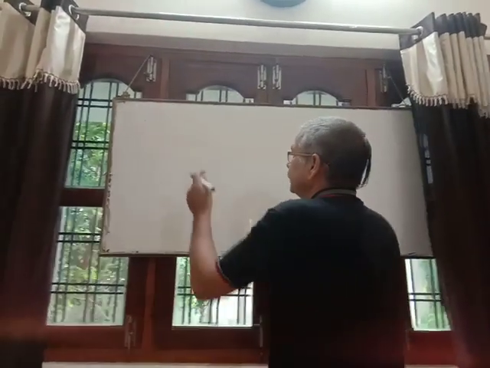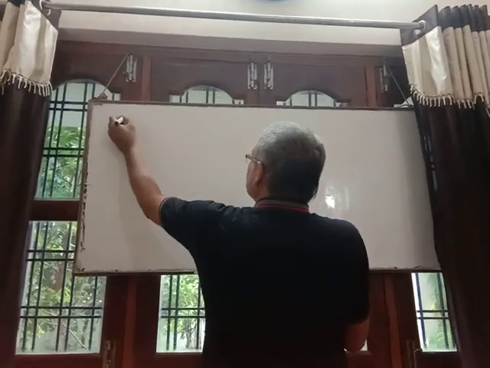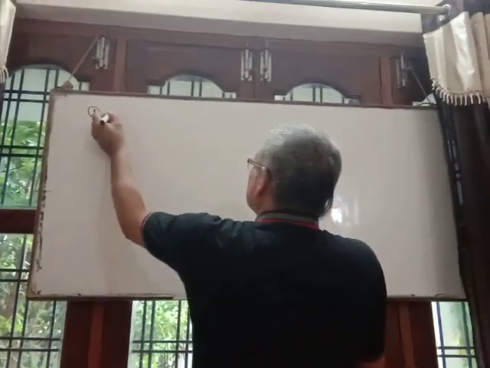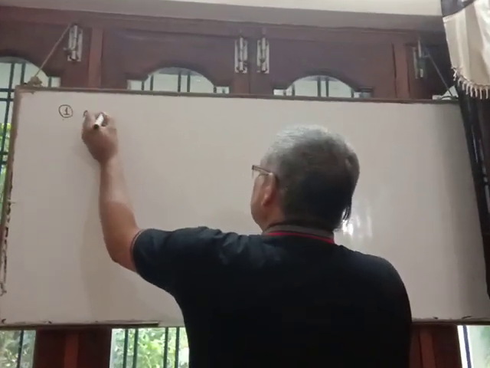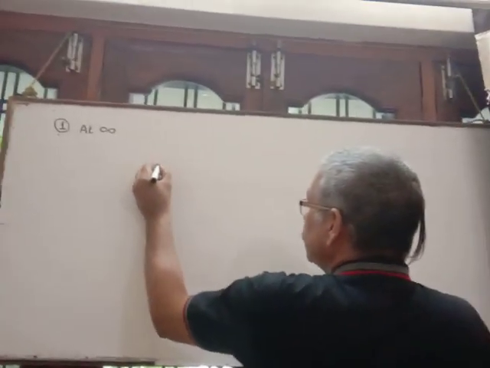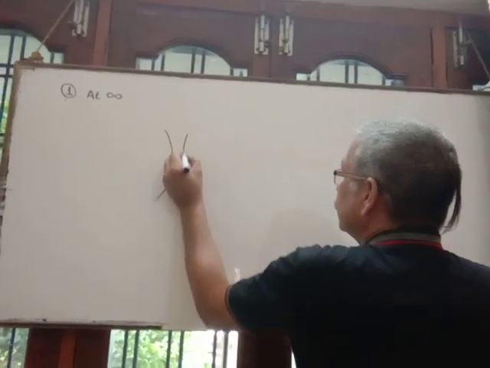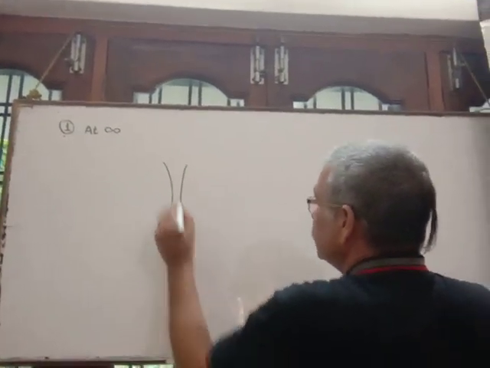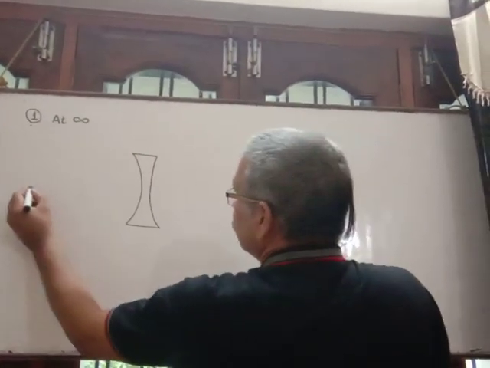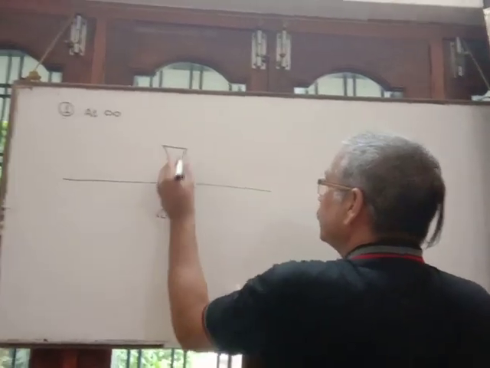10th. Today we will discuss the nature of image formed by a concave lens at different positions of the object. Clear? So first position: when the object is at infinity. Suppose it is a concave lens,